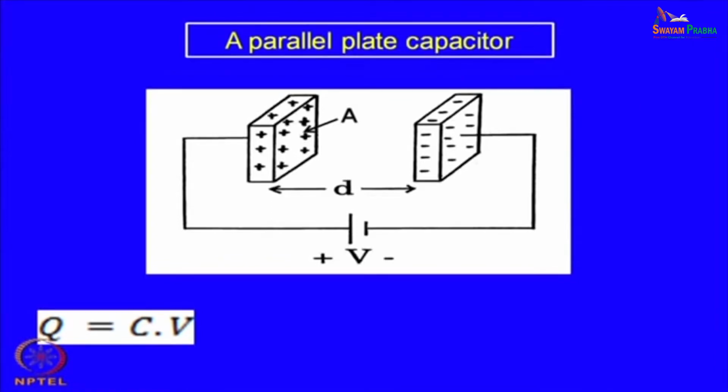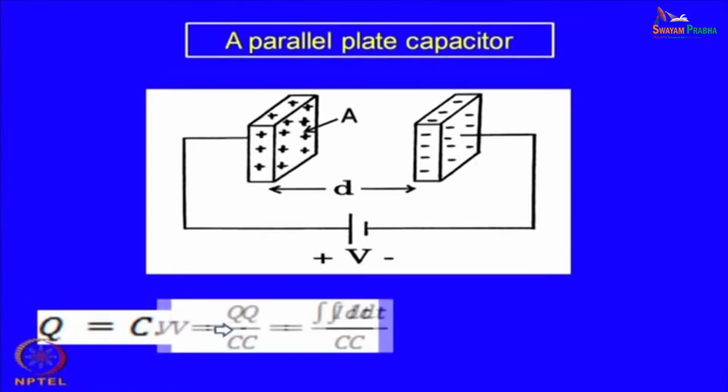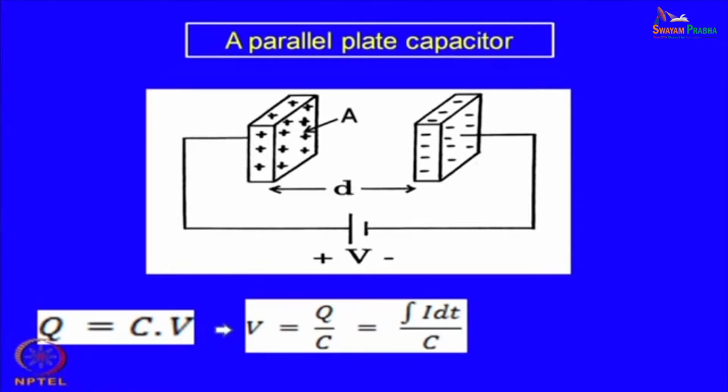Charge is not flowing away, the charge can basically be stored. The total amount of charge stored is equal to C into V. C is the capacitance of that system or device, and V is the applied voltage. This gives rise to a few more equations, like V equal to Q by C, and that is equal to